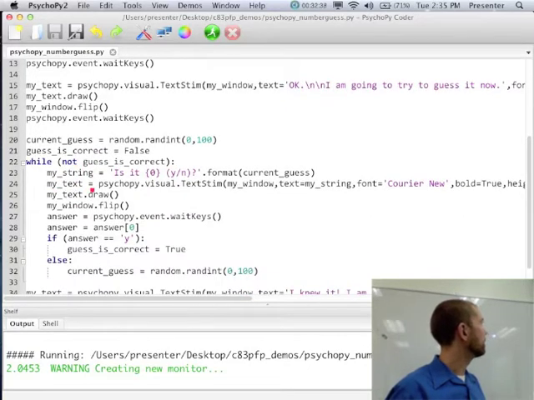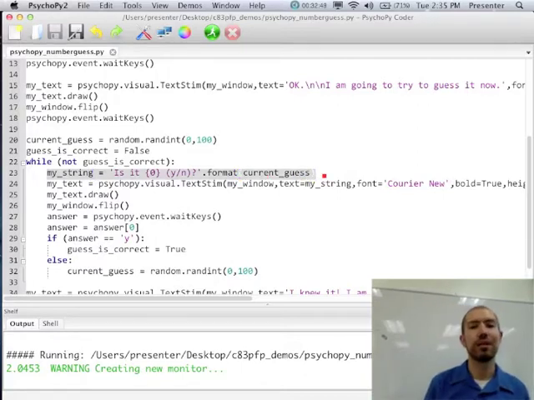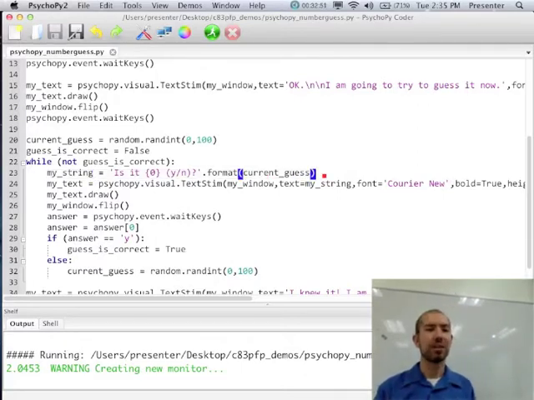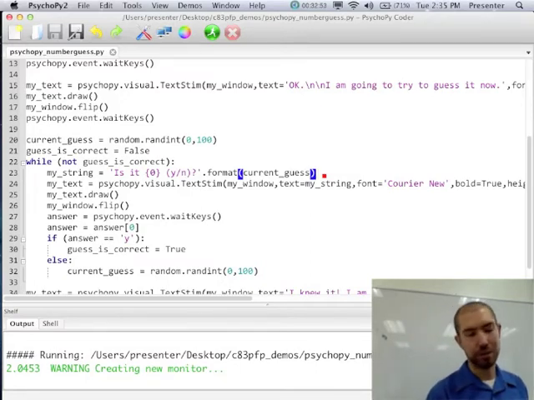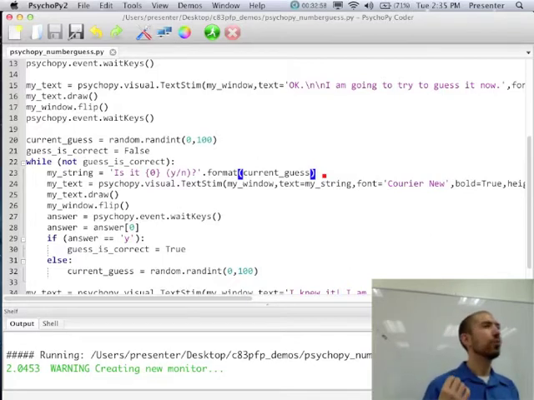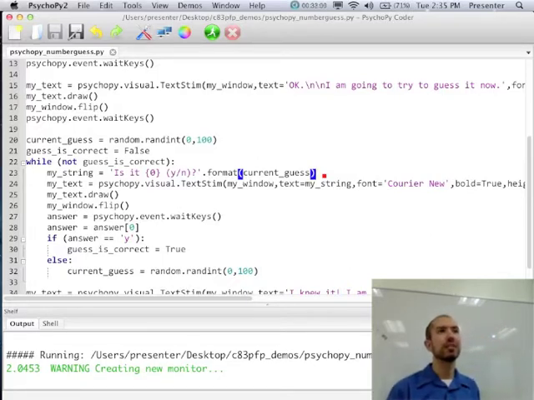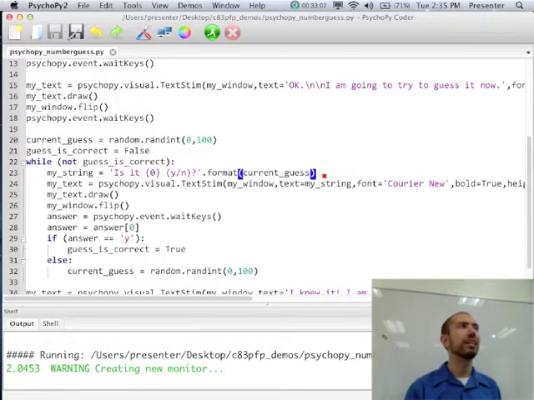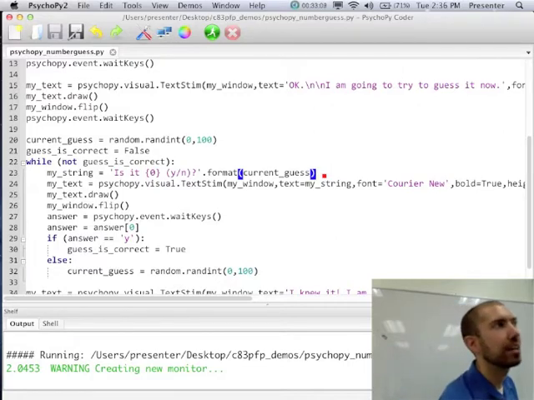We'll do that again down here. We'll make a new text object, tell it to draw itself, tell the window to flip itself. Now we do something kind of interesting here. Another little sneaky thing about Python, and we won't get into too much detail on this right now, but maybe I'll ask you about this on the next problem set. One sneaky thing that you can do in Python is, even if things don't seem like they are really objects, you can actually treat most or many variable types as objects.